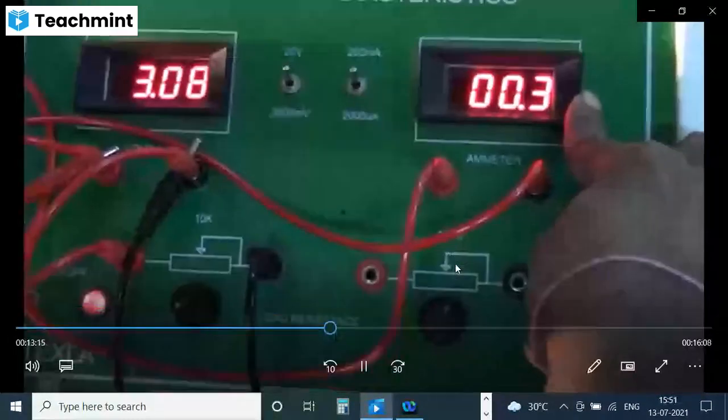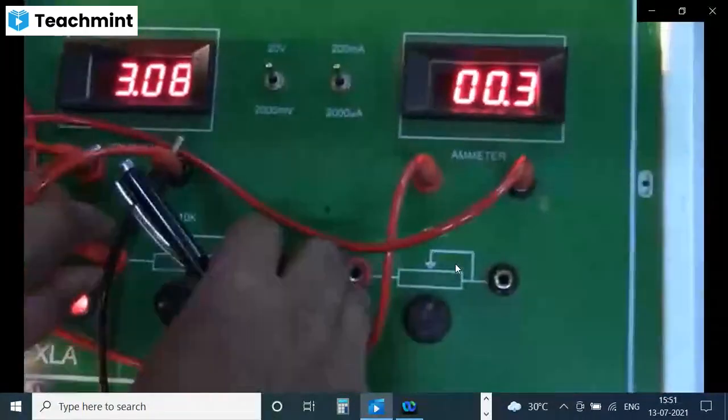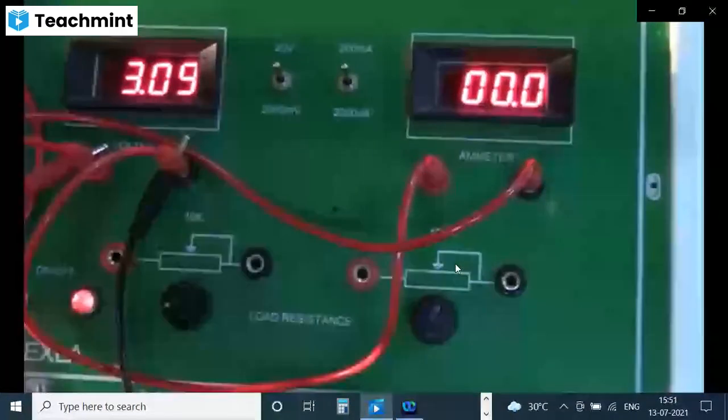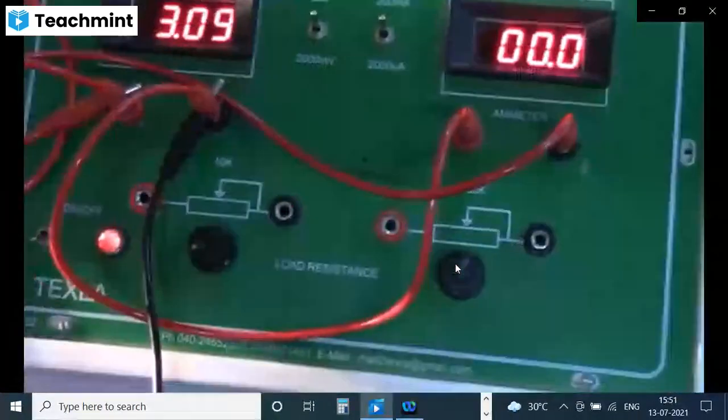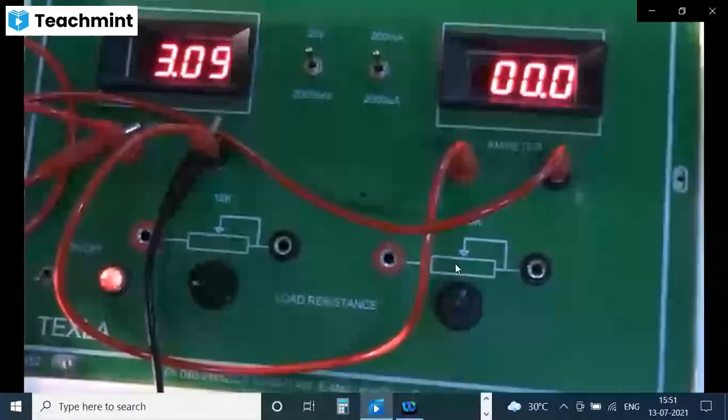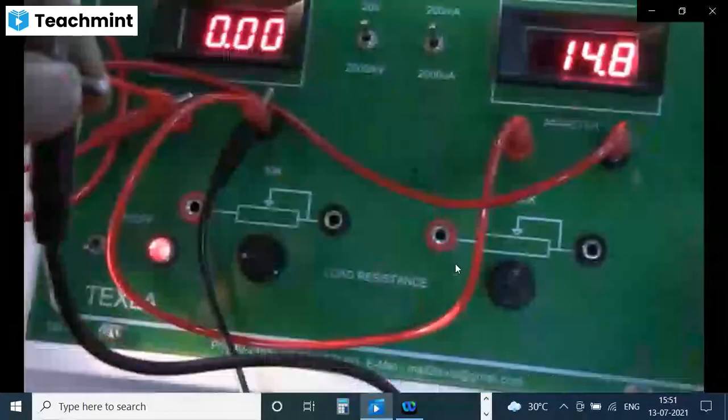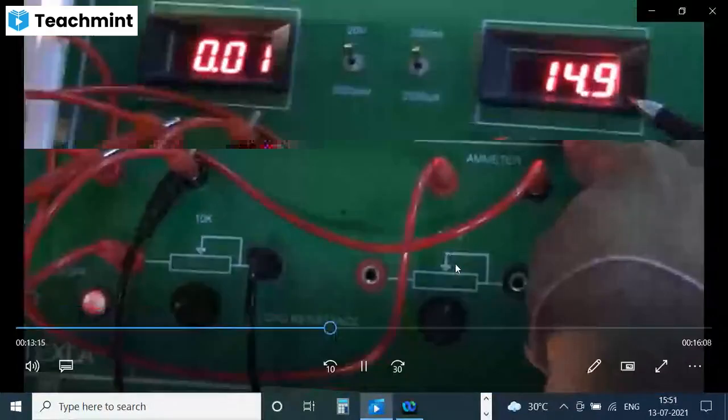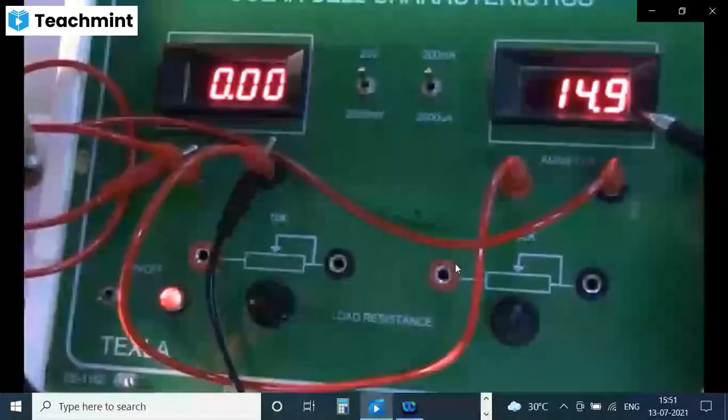current. So for that, I am simply opening the circuit, which means I am offering infinite amount of resistance to the circuit. Students, you see, if I connect these two, you are going to get the maximum current, which means this is short circuited. Okay, now it is open circuited. So here resistance is offered and the current is what? 0, and at this particular situation the voltage is maximum.